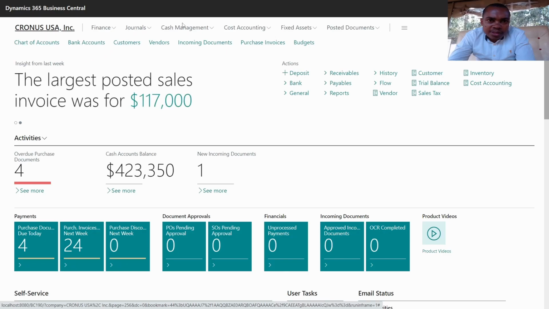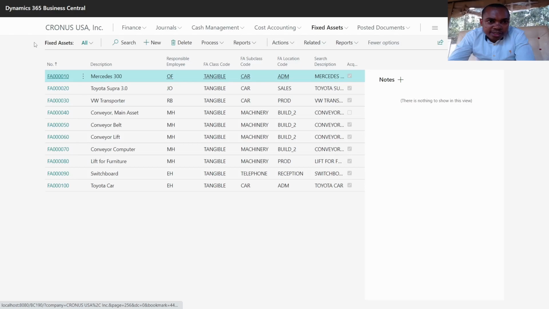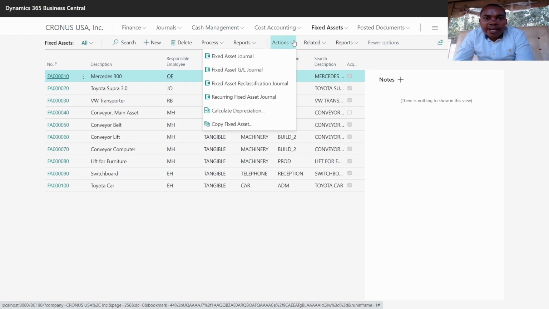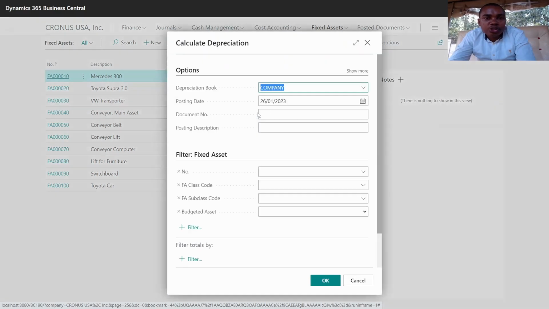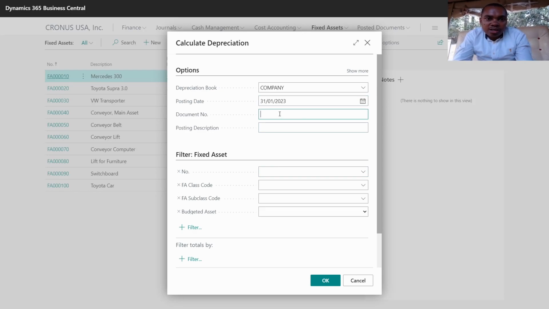There's also something else I want to highlight, which is basically on fixed asset depreciation. For the fixed asset, you'll be able to do something we call the calculation of the depreciation. If you want to calculate depreciation, you just go to the list of the fixed assets, then on action we have the calculate depreciation functionality. We have the posting date, the date you are posting that depreciation. We can say it is at the end of that month. So we can say this is Jan